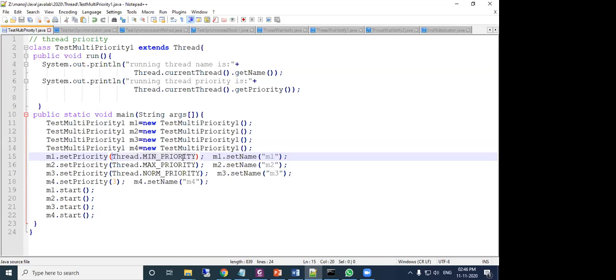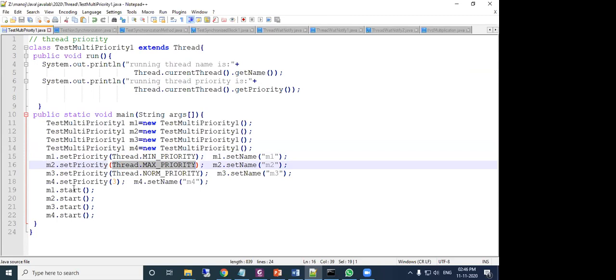MIN_PRIORITY belongs to the Thread class. Remember, in the Thread class there is a final identifier, MIN_PRIORITY. So automatically it is referring to 1. Next here, M2 setPriority, this is for the value 10.